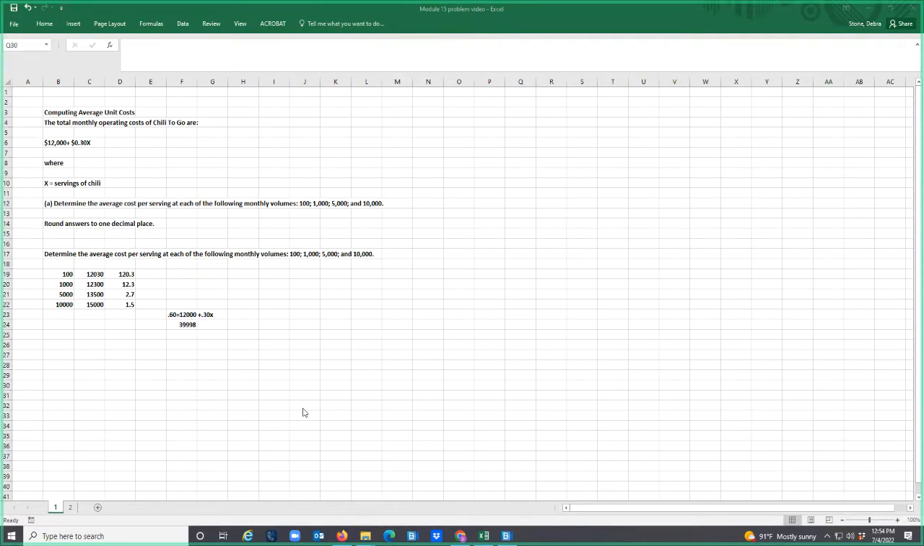So let's go ahead and look. We're going to determine the average cost per serving at each of the following volumes, which is basically showing you how you can use one of these equations. So here I have the 100, 1,000, the 5,000, 10,000, and then over here I have the average cost per serving, which I calculated by taking the 100 times the 0.30, which is given to you in the problem, and so on. And then when I got that,